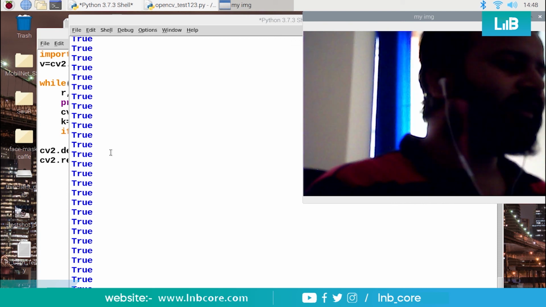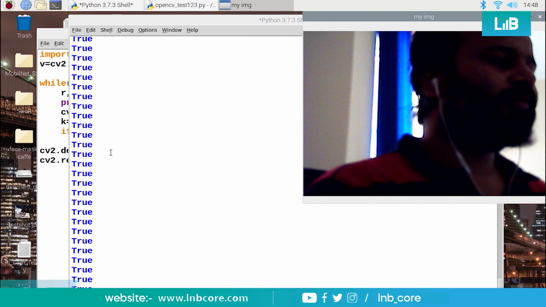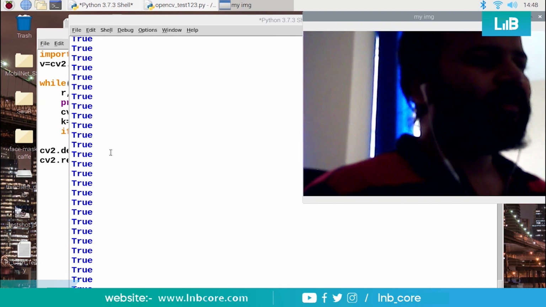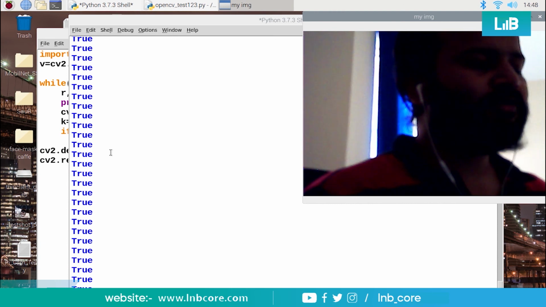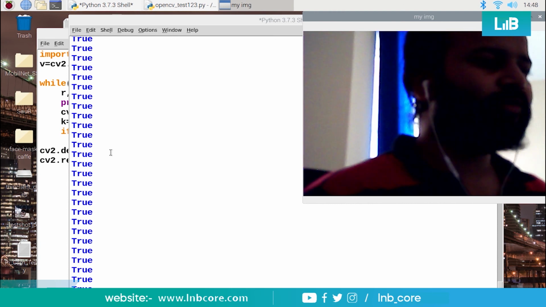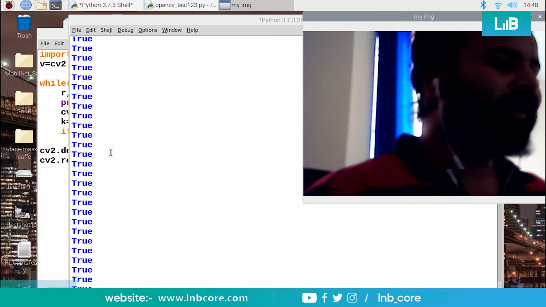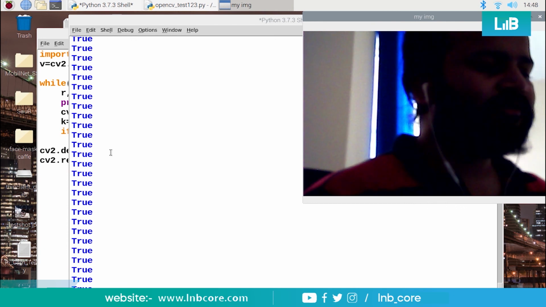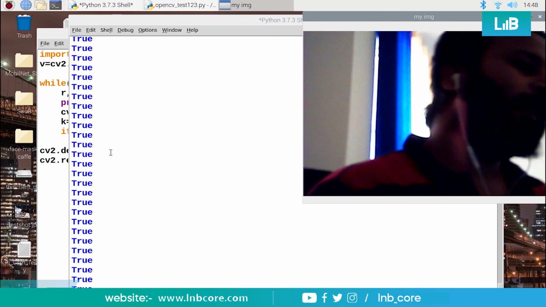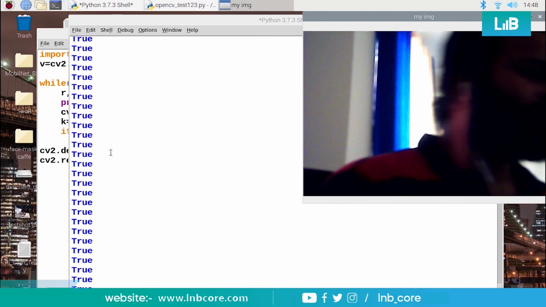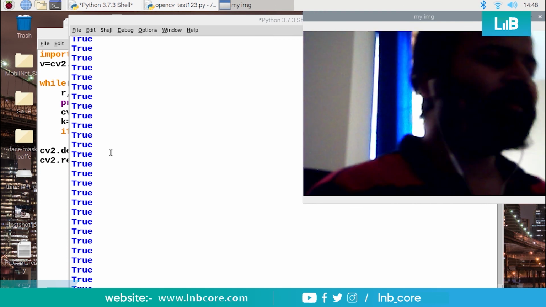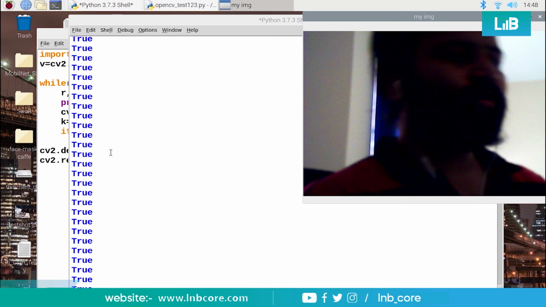Like I told earlier, the 8 GB RAM Raspberry Pi 4 was launched 2 or 3 weeks ago. It has a very good configuration, so you can run that camera or webcam very easily and fast, and you would have no such problem with live images.